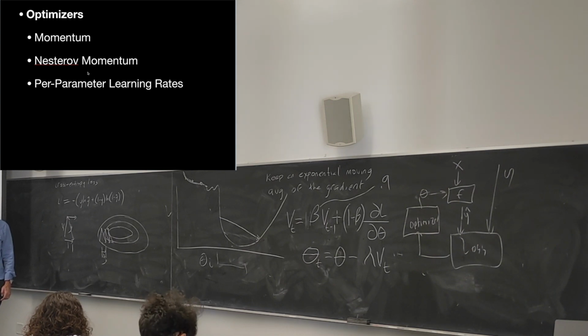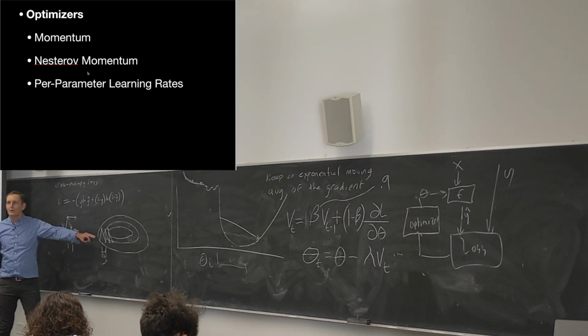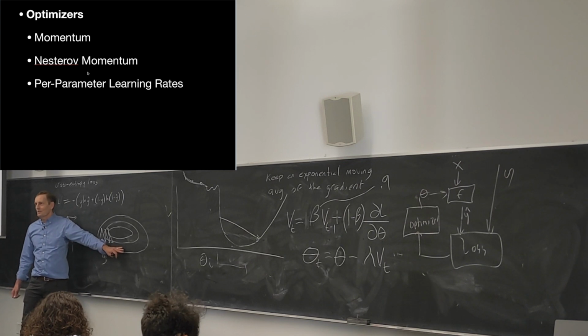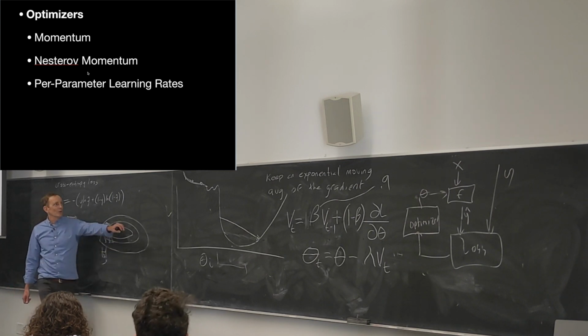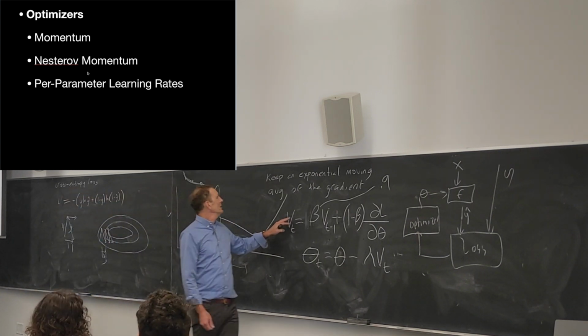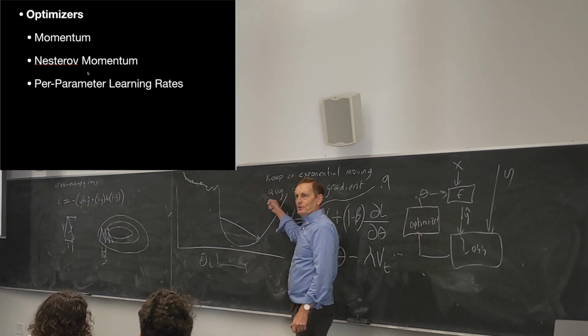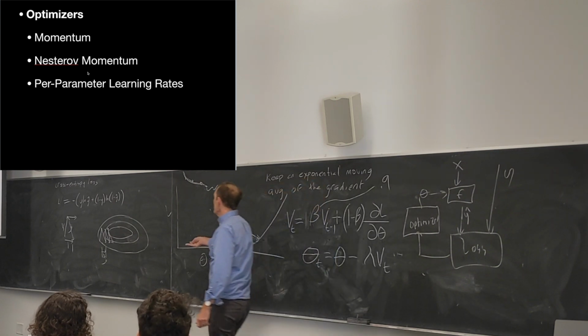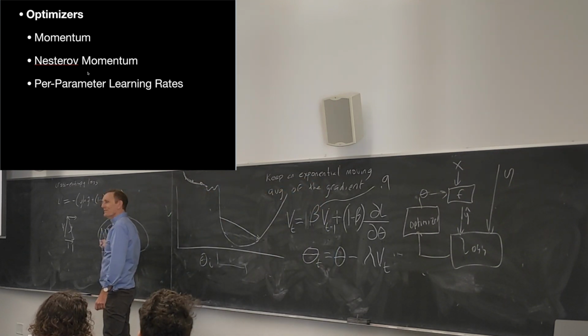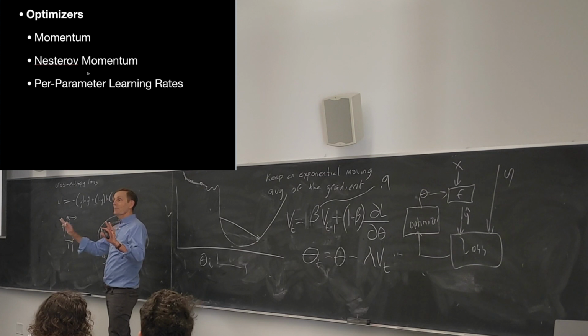Let me think about that a second. So we are going to make this better, but we're not going to make it better in the horizontal direction. I'm just realizing, in the horizontal, because what we're computing is an exponential moving average, each horizontal component is about the same. So therefore, the average is going to be, no matter how much I weight it, about the same. So just forget what I said, but we're going to look at the vertical and it's going to be a